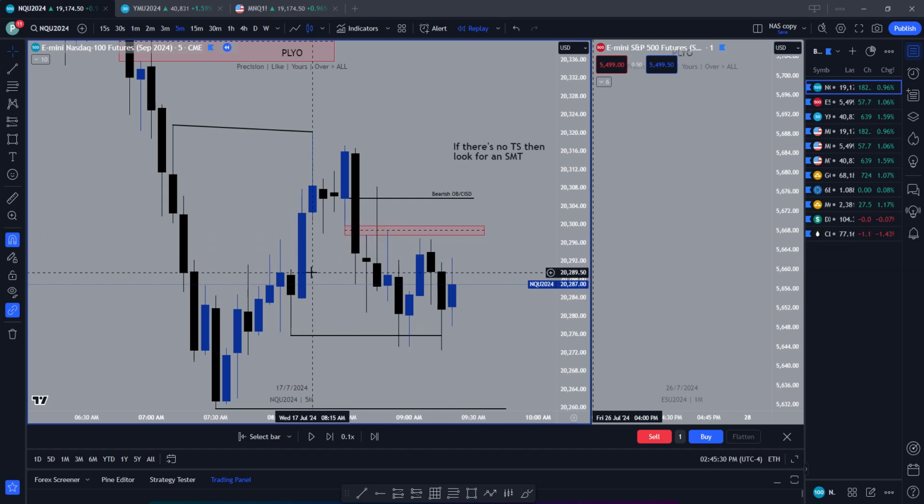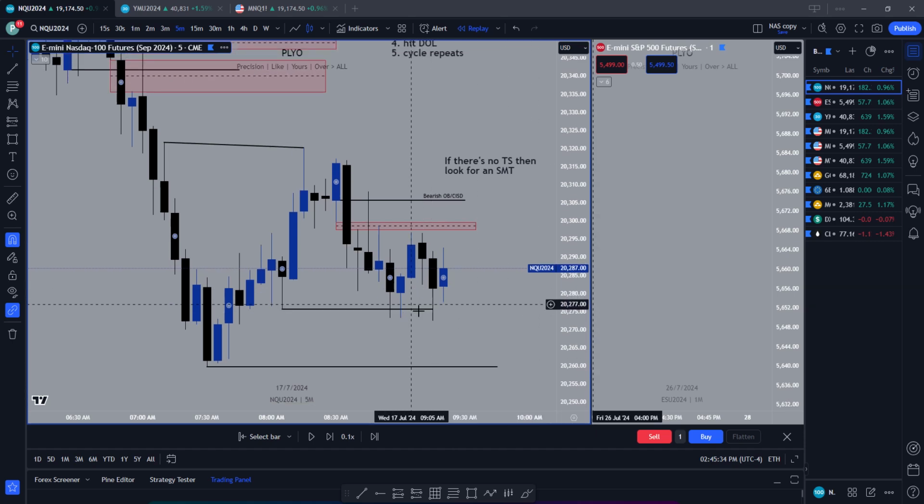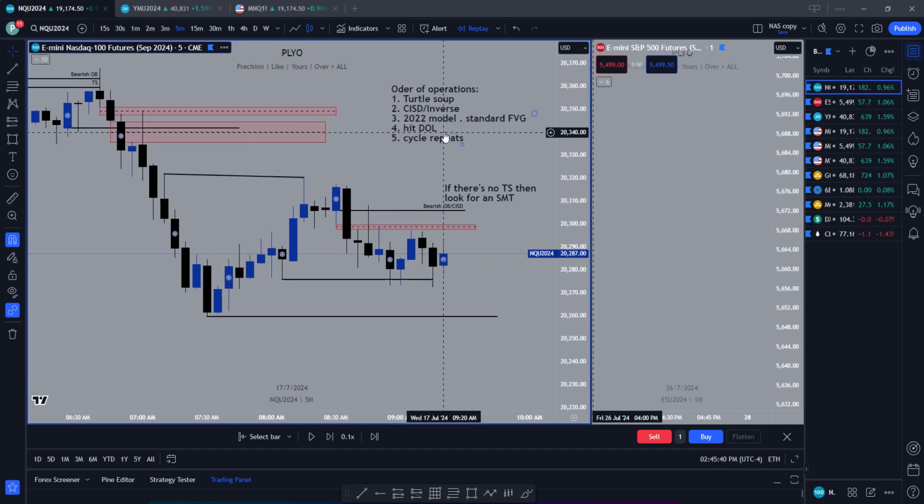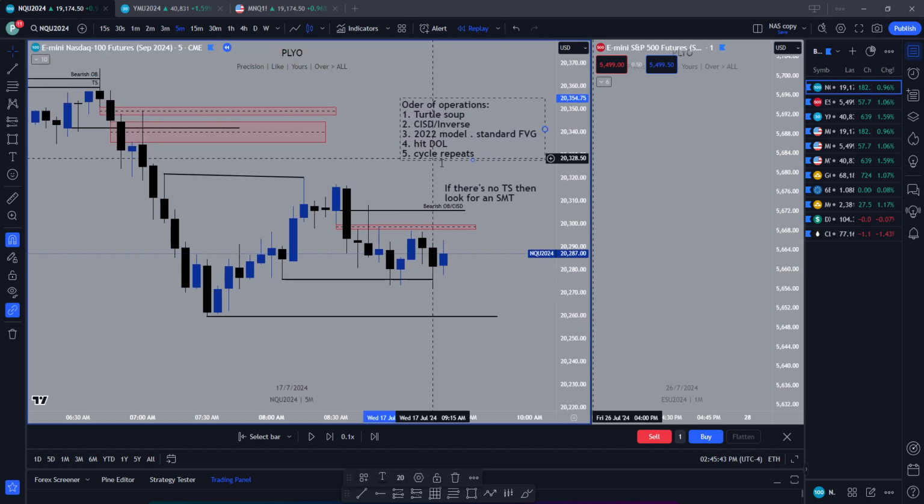So let me just clean it up a little bit. I'm going to remove the inverse. Keep in mind there is an inverse there. I want to talk about what's happening here, because you can easily try to look for the cycle repeating, because remember, we hit the draw on liquidity, the cycle repeats. In this case, we hit the draw on liquidity, the internal swing low. The cycle looks like it's repeating here, but remember,